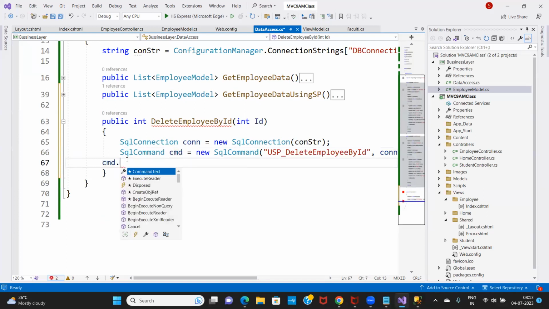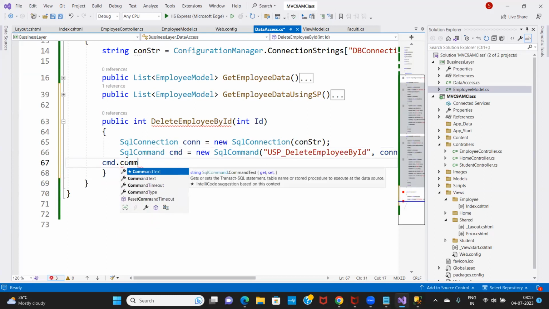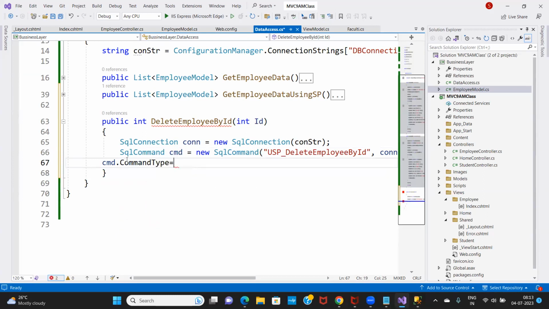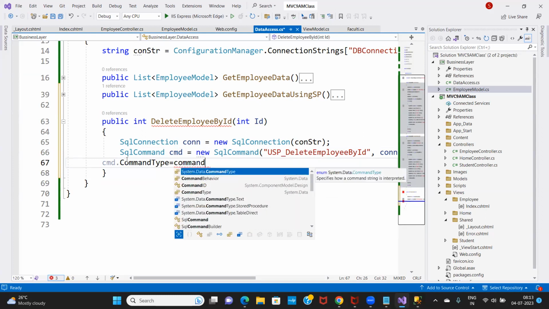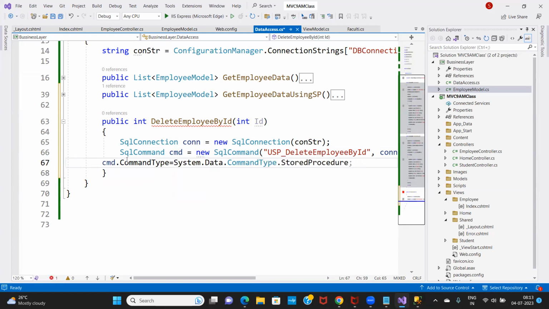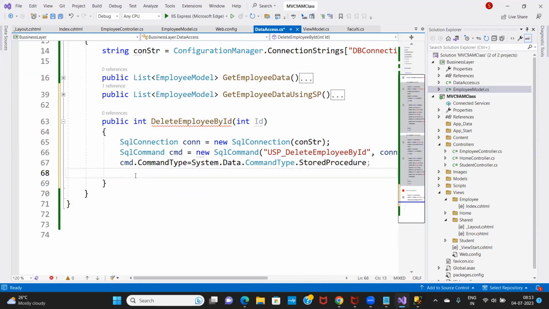cmd dot command type equal to command type dot store procedure. So we have to open the connection. So connection dot open and then